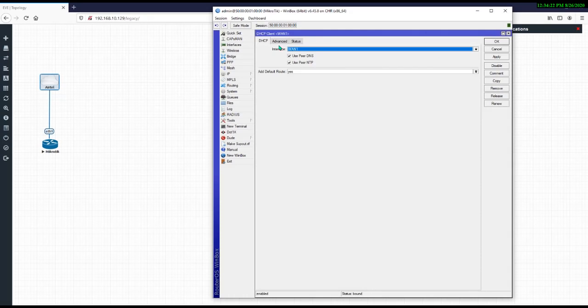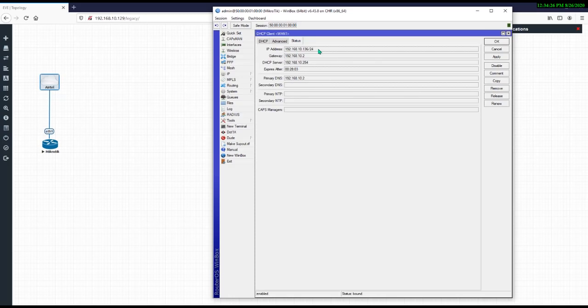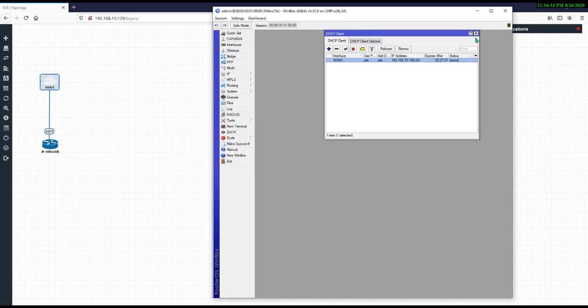Just double click on the interface and click on the Status button. Here you can see the IP address is 192.168.10.136/24, and the gateway is this, and the DHCP server is 10.254, and the expiry date, and the IP will be renewed after 27 minutes. It means 30 minutes is the lease time in this Airtel modem, and the primary DNS is 10.2. Okay, so we have checked everything.